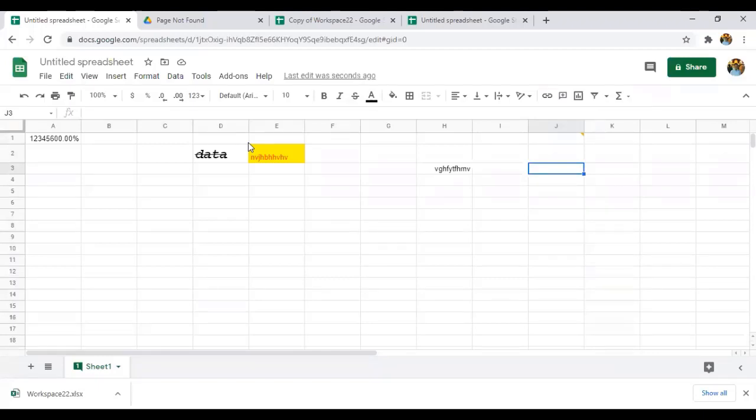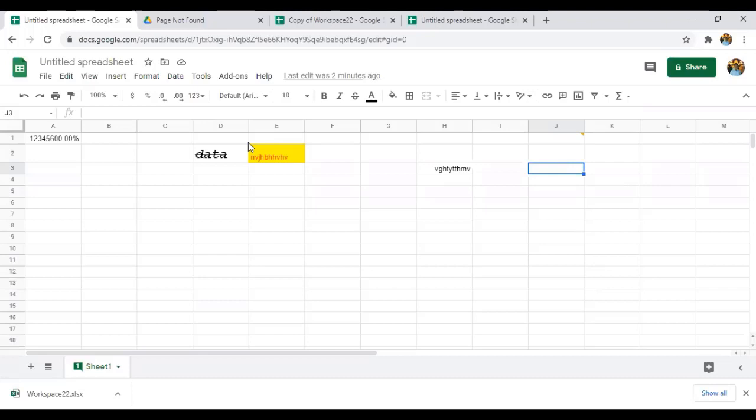So coming to the last topic, what are the advantages of Google Sheets, right? The advantages of Google Sheets are that we are able to organize the data. That means in a correct format we can organize the data according to the user, and the user is able to edit the data. If there are any mistakes or corrections, he can edit the changes in the data.